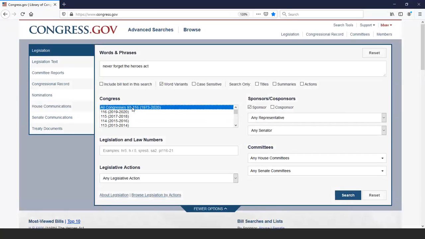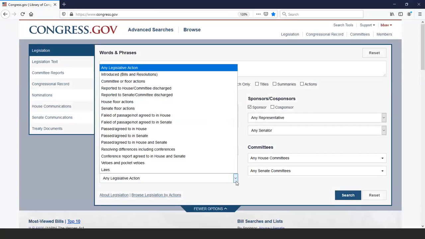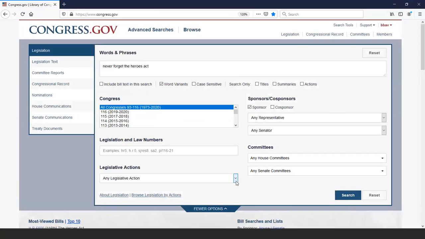Next, you could also narrow down your search if you wanted to by how far this bill has gotten in the current Congress or the Congress in which it was considered. I'm actually going to leave that blank for now and come up to the top and select Include Bill Text